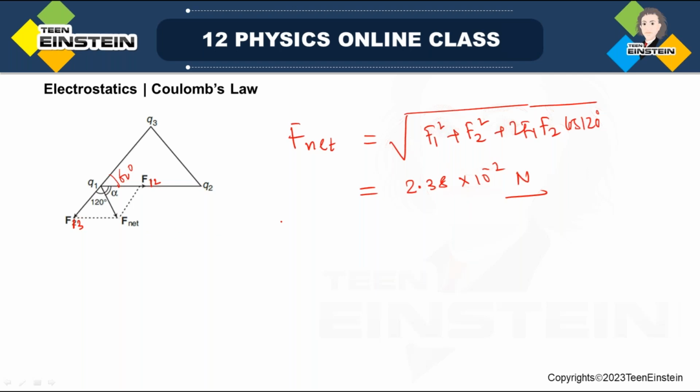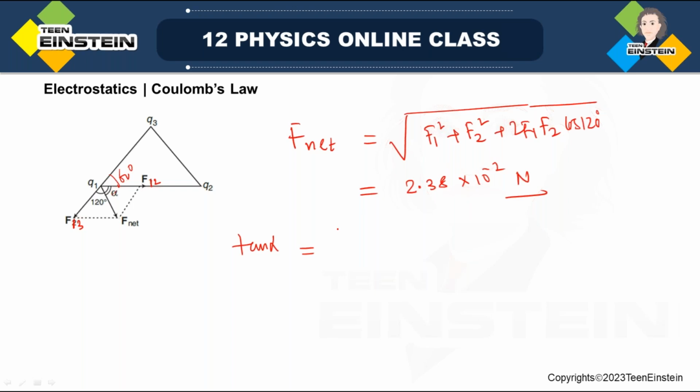So now what is the angle that it makes with the force F12, or horizontal force? Suppose that angle is alpha, so we can write actually tan alpha is equal to how much? Tan alpha we can write in this way,